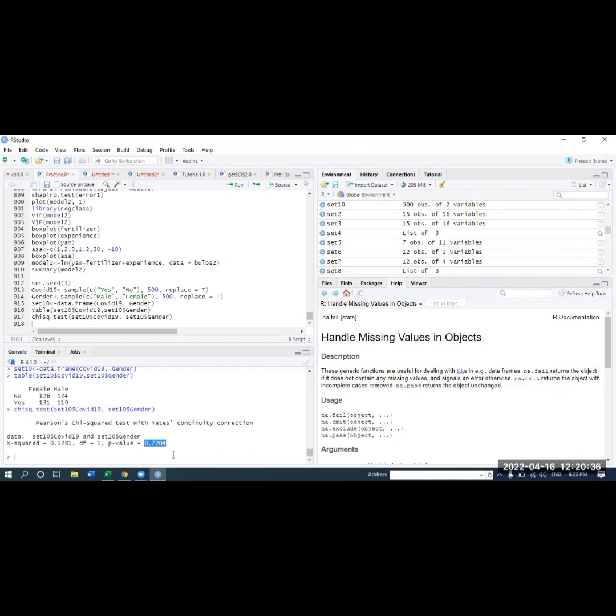So if you want to interpret this, you want to do a complete work, how will you do that? First, you have to state your null hypothesis, that there is no association. You state your alternative hypothesis. You state your level of significance. Then you copy your contingency table. Maybe you can write a note that this below is my contingency table, and you explain the number of